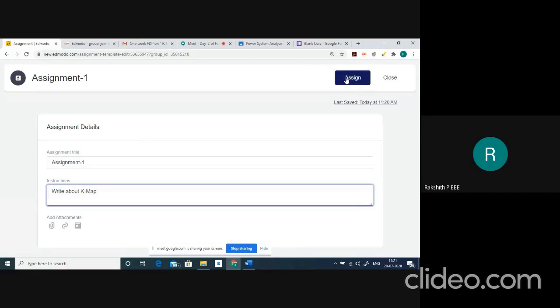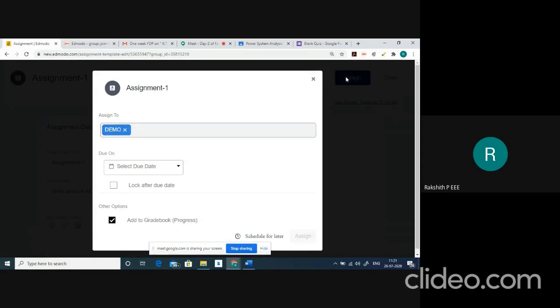So that this particular assignment, that is assignment 1, which we have created for the class demo, will be assigned to the students. So I'll click assign now. So once you click assign, here it will ask certain things. Say for example, to whom you need to assign this.